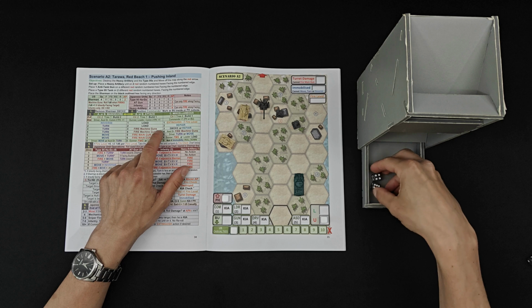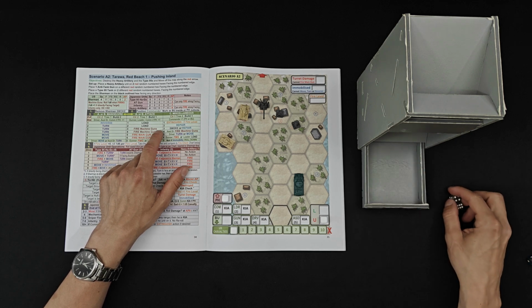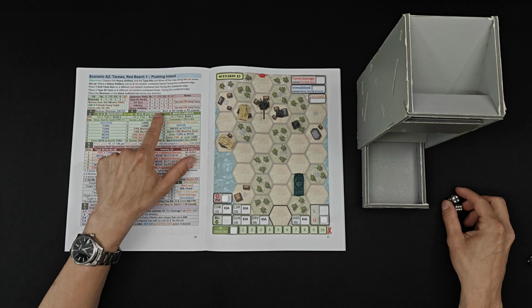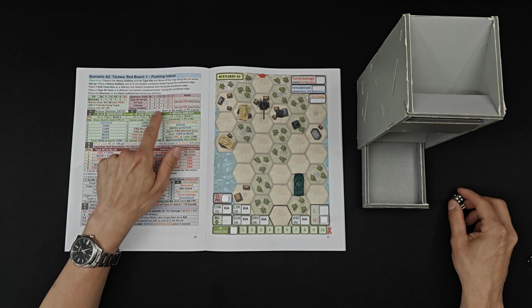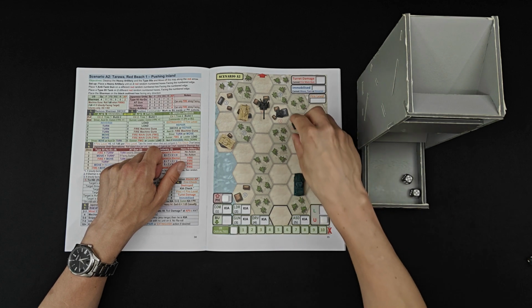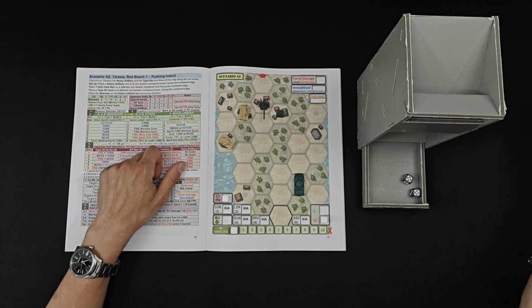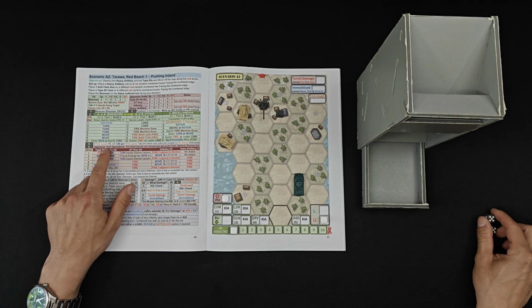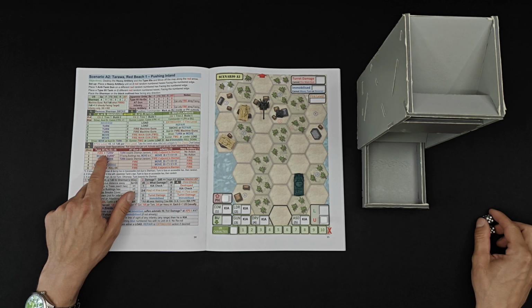And this time we get 10, so we definitely hit him. So we are firing at his front side, which has an armor value of 9. Our AP is 2, so that means we need 7 or higher to destroy him. And we're all 10, so we managed to destroy the first artillery piece. That's very lucky. And then it's the fire level, but we are not on fire, so we go to the